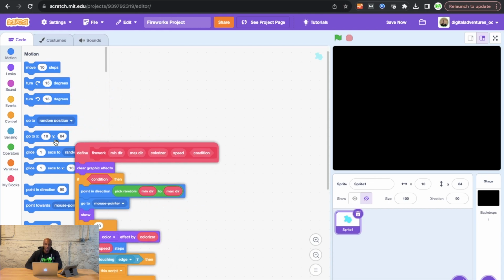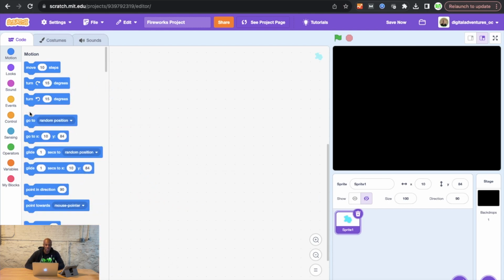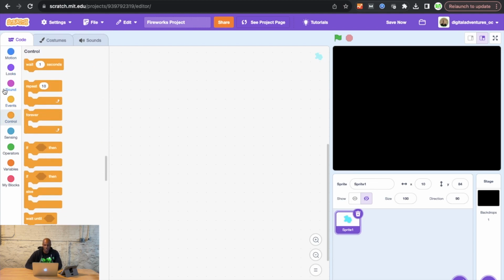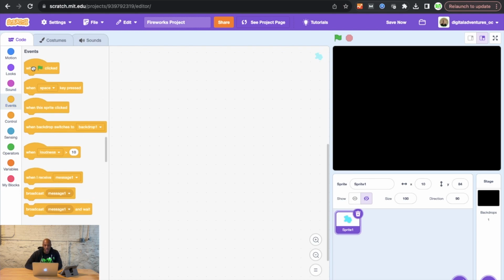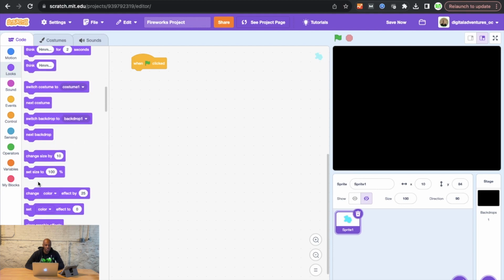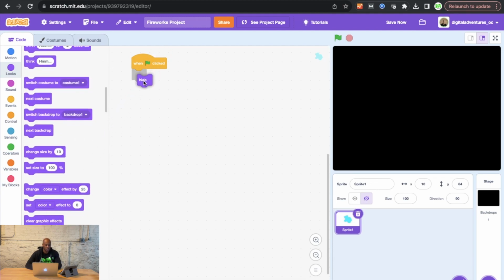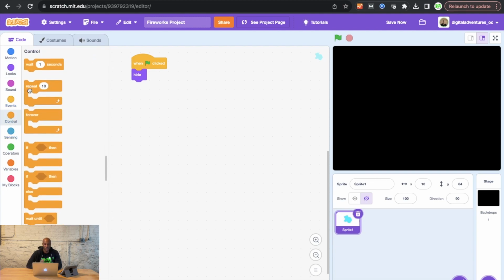So the first thing we're gonna do is we're gonna clear out this code here so that we can get started fresh. In our blob sprite, we're gonna start off with a when green flag clicked as we start every project. Then we're going to go into looks and get a hide block so that that goes away. We're building the foundation to allow us to get rid of this thing that we're going to spawn from. The next thing that we want to do is get a repeat block,